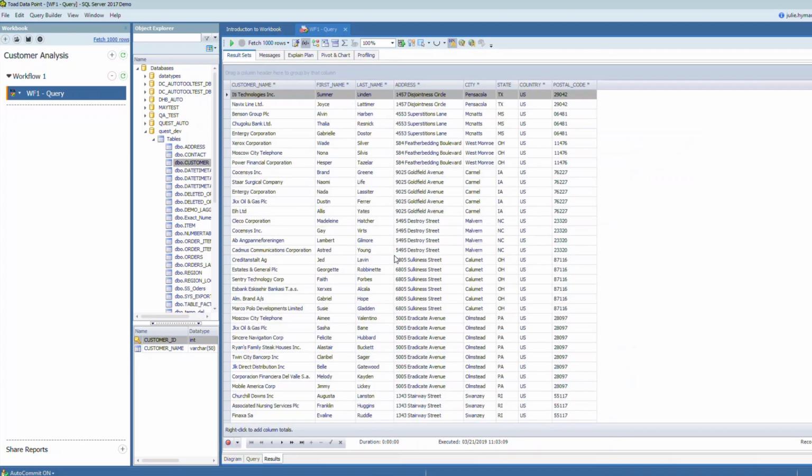I'm going to go ahead and initiate that. You can see it's fetching just the first 1,000 rows, so I can do a little sampling here to make sure what I have is right. Once you have an initial query in Workbook, an initial query off the workflow, I'm going to go ahead and call this just my customer query.